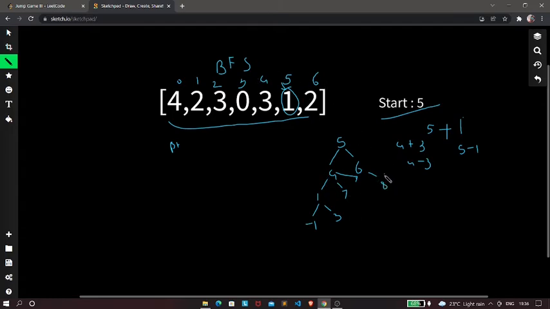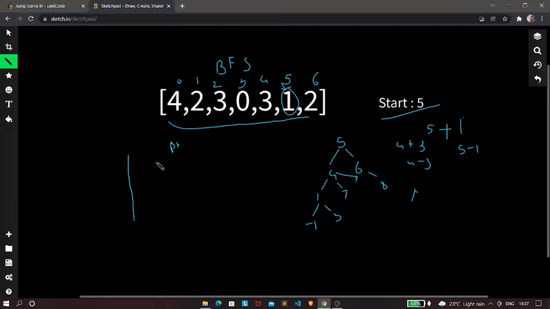And we are also not going to consider this 8, right? And hence we are also not going to consider this minus 1 because it is out of this array, right? Now from this index 3, it's 0, right? So we're going to stop over there because we cannot go to any other indexes, right? So we're going to stop over here.